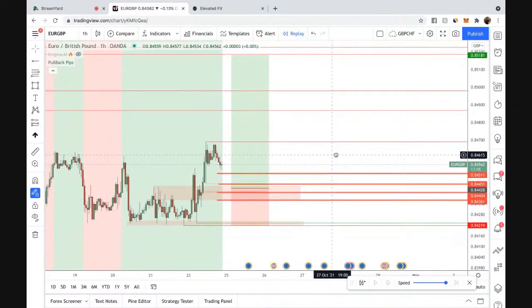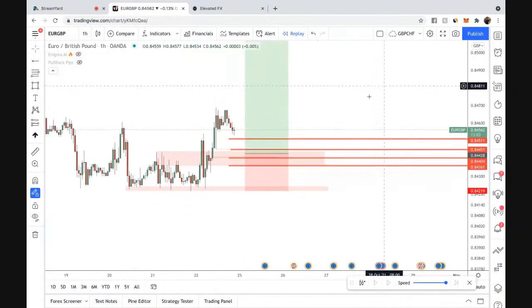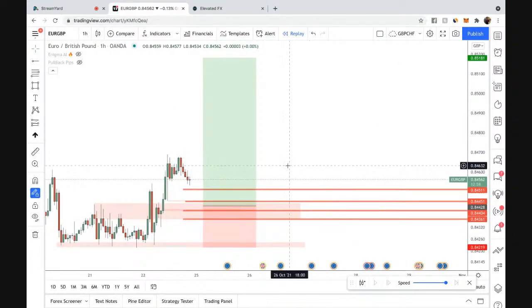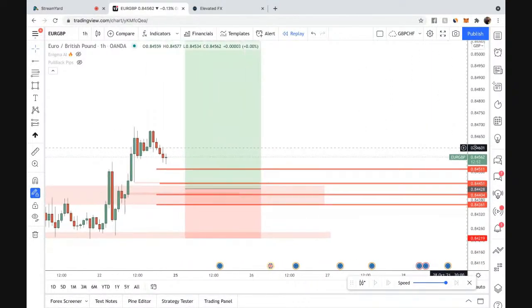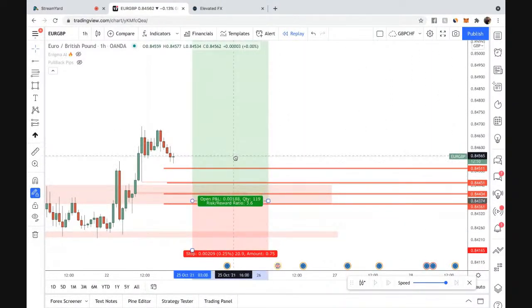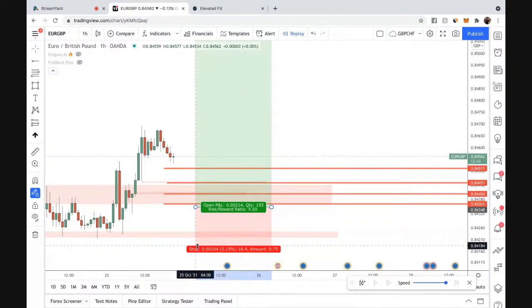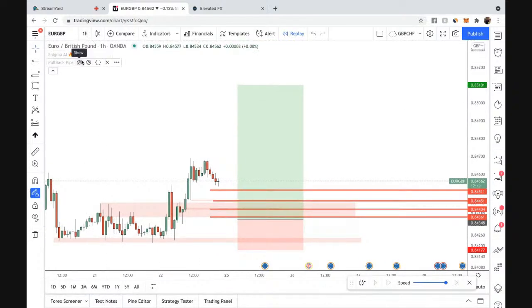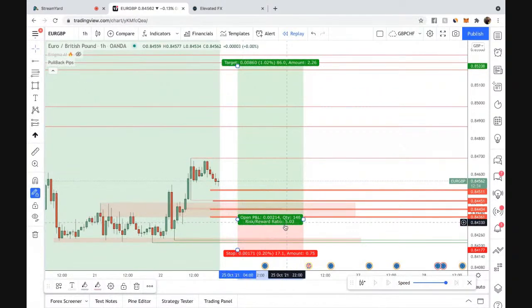And what's amazing about a setup like this is if you can make the R to R minimal. What I mean by that is you can take this trade on two different types of things, a pending order, or you can just wait for the time and see what the market wants to do. Me, I would wait for the time, see what the market wants to do, because I could literally get in if the market wants to come in, and then guess what? Still minimize my risk, but do what? Maximize, because the profit that I'm pushing this market into is still going to be the same levels. But since I got a better entry, it takes a 3-to-1 to a 5-to-1, right?